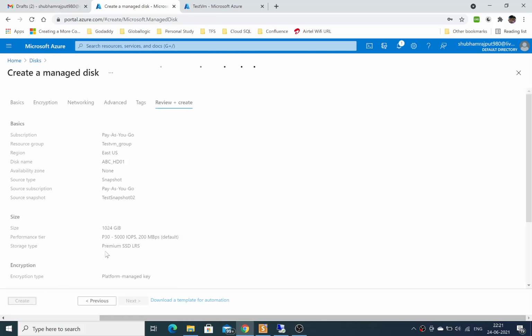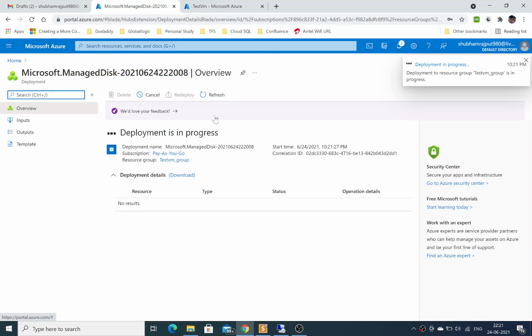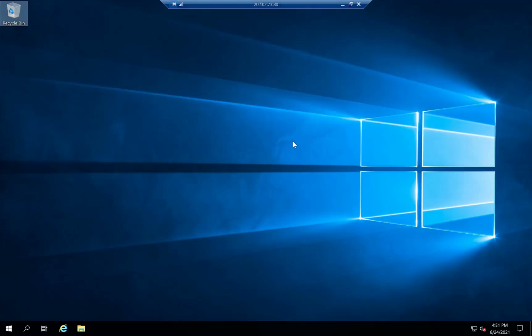So what it did, it will create a complete hard drive from your snapshot. It will take some time. Now you can see a new hard drive will be prepared, and this hard drive will contain all the data which we already have in our virtual machine hard drive one.